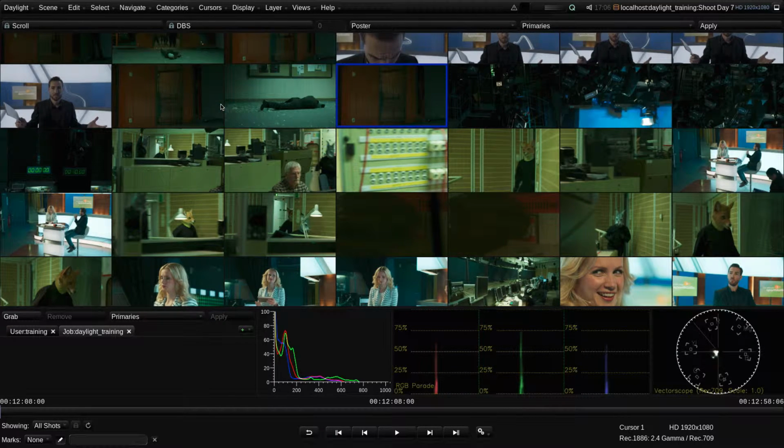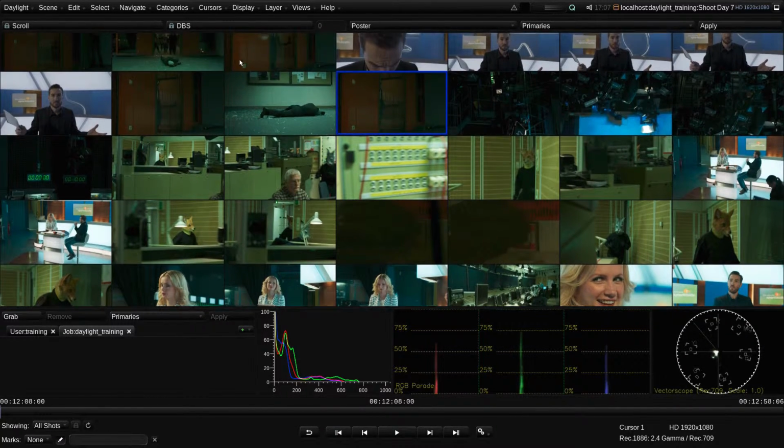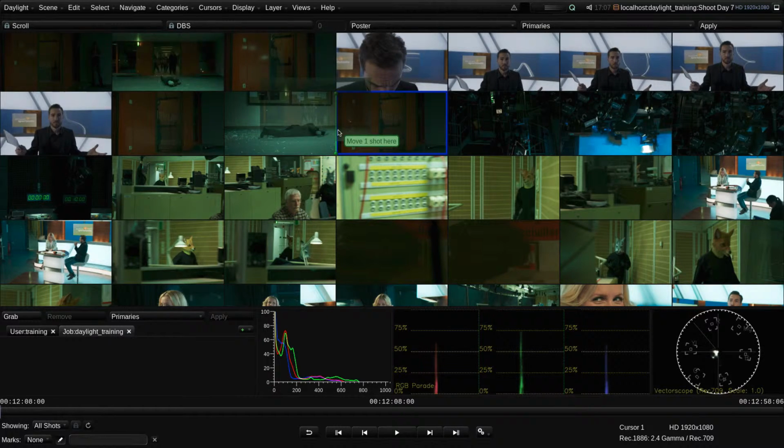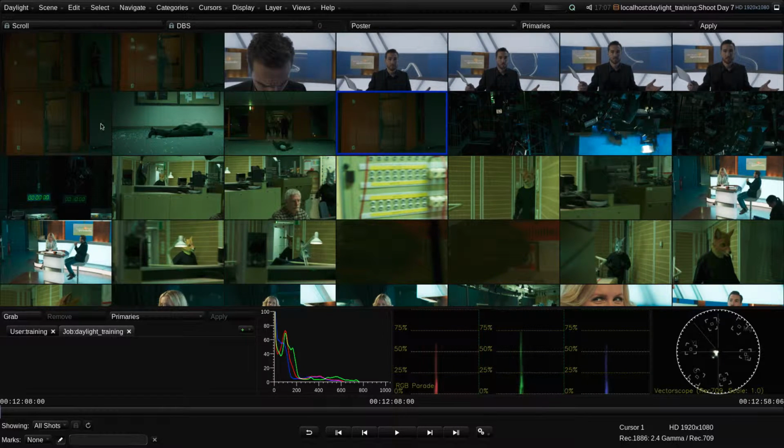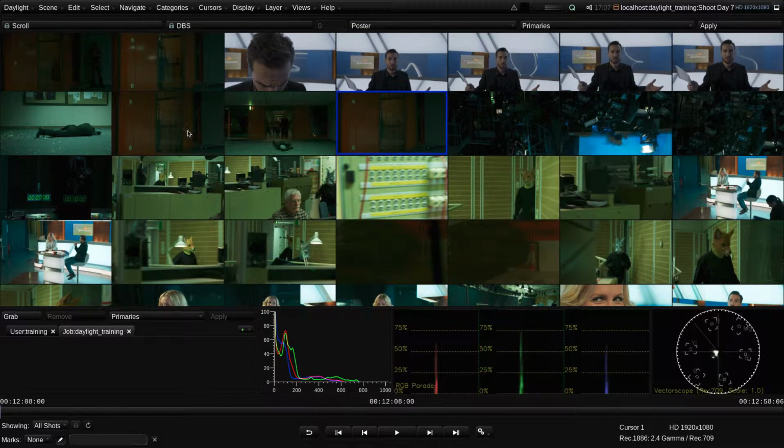You'll need to enable this option in the user preferences, as it is normally prevented by default, but it can be a useful way to drag the shots into the order you want to play them back, which can't currently be done in the Shots view. Note, however, that if you do this, it will change the shot's event numbers, so you do have to be a bit careful.